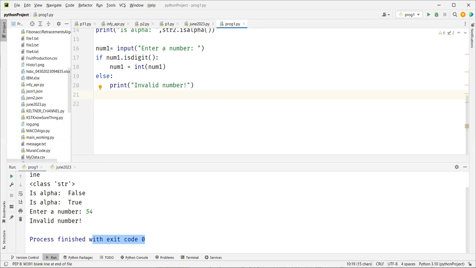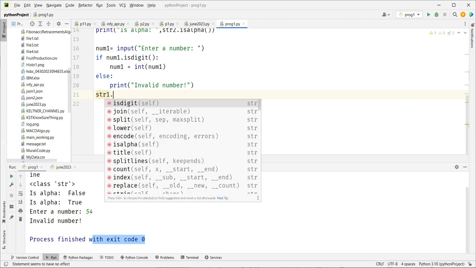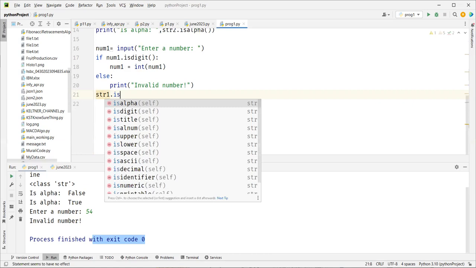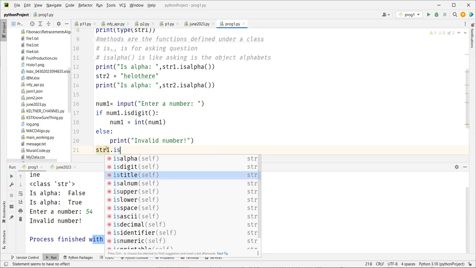You just say str1 dot and you will get all these functions. So isdigit we have seen. Then istitle. Title is for title case. You're checking, is it title case? What is title case? Title case means the first character is capital and the rest everything is small. First should be capital, rest everything should be small. So if I say str2 is title,